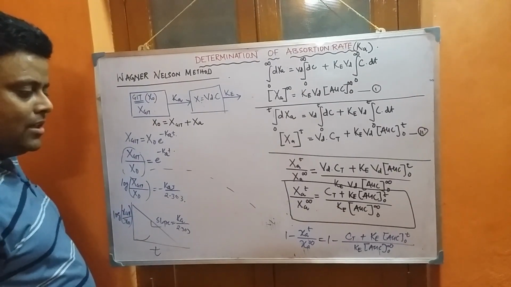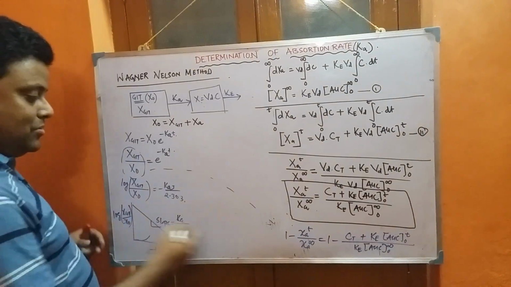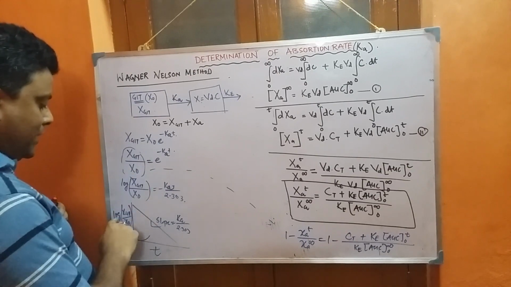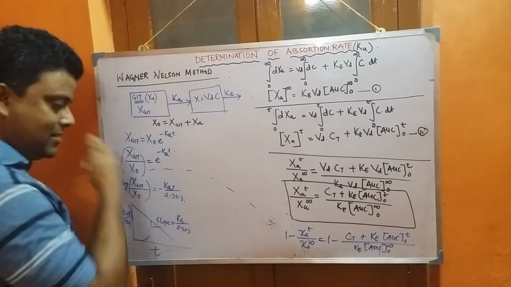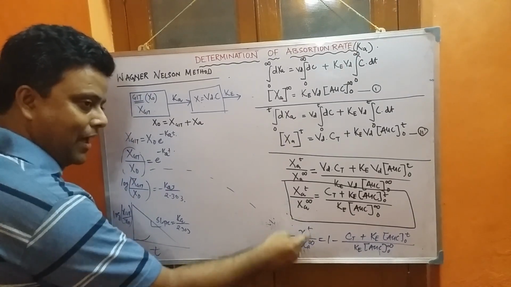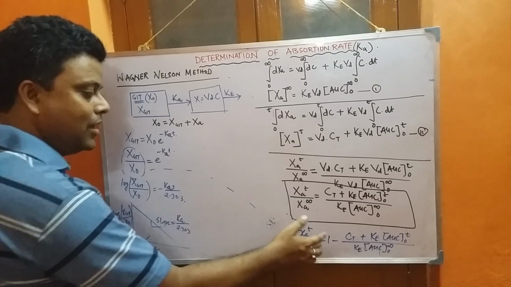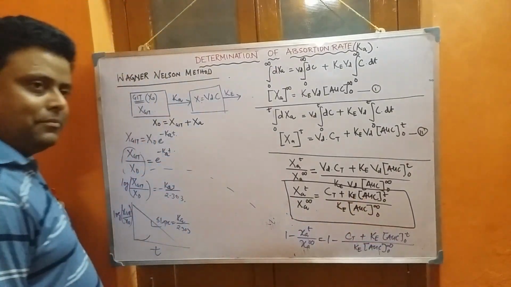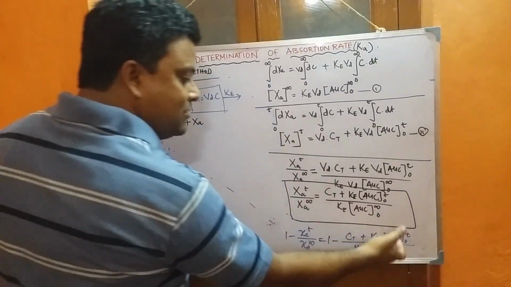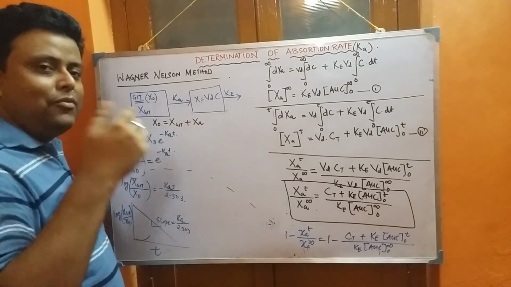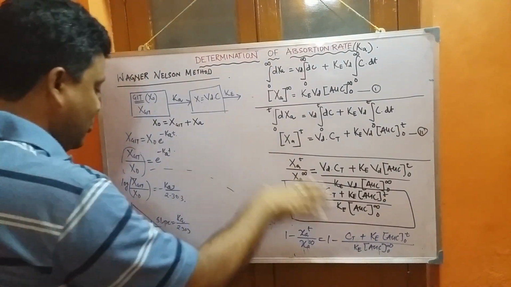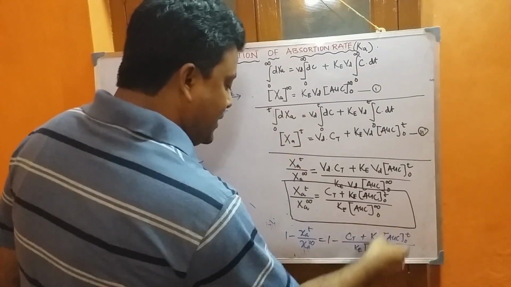It's very easy. Now what we are going to do, so this value implies this one. If you want to go for taking log, take log on both sides. So log of the fraction of the drug unabsorbed equals log of whatever value you are getting. These values will be derived for each time value of your extravascular administration, and you can just derive those values and get this value.